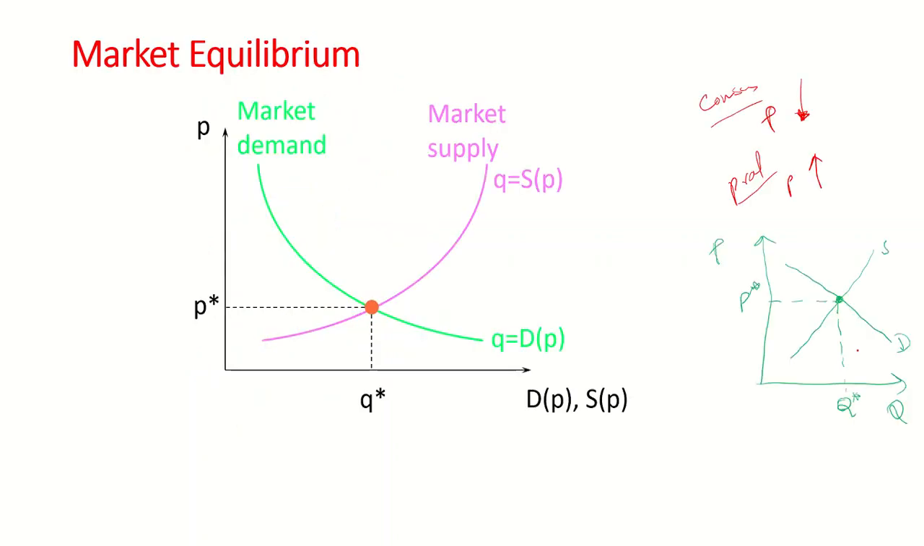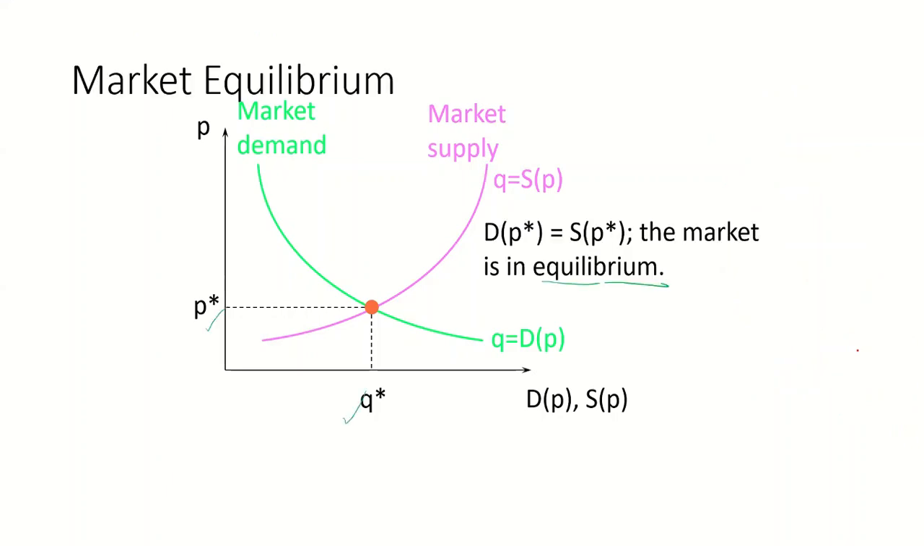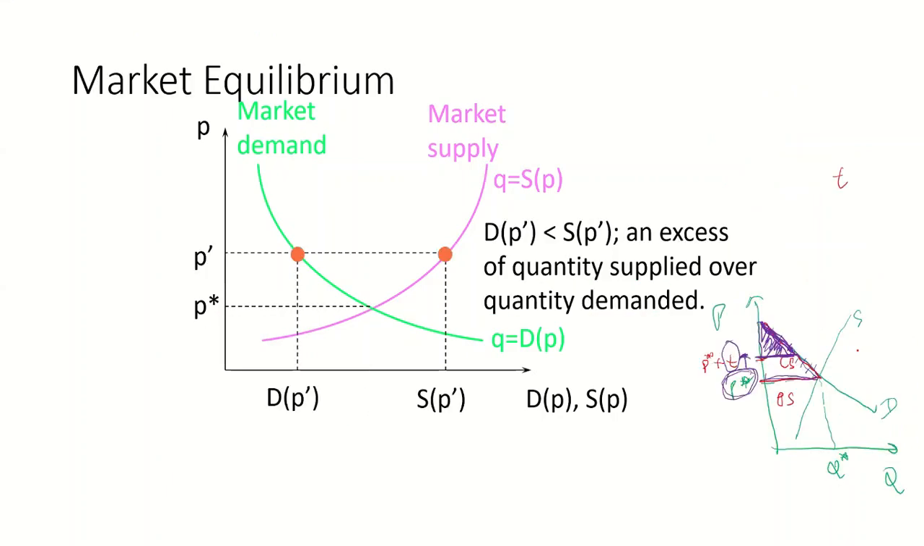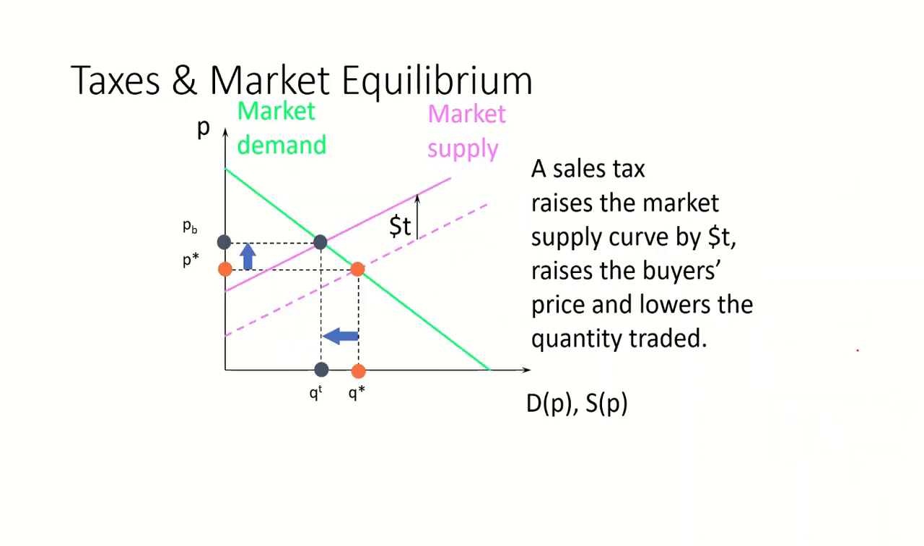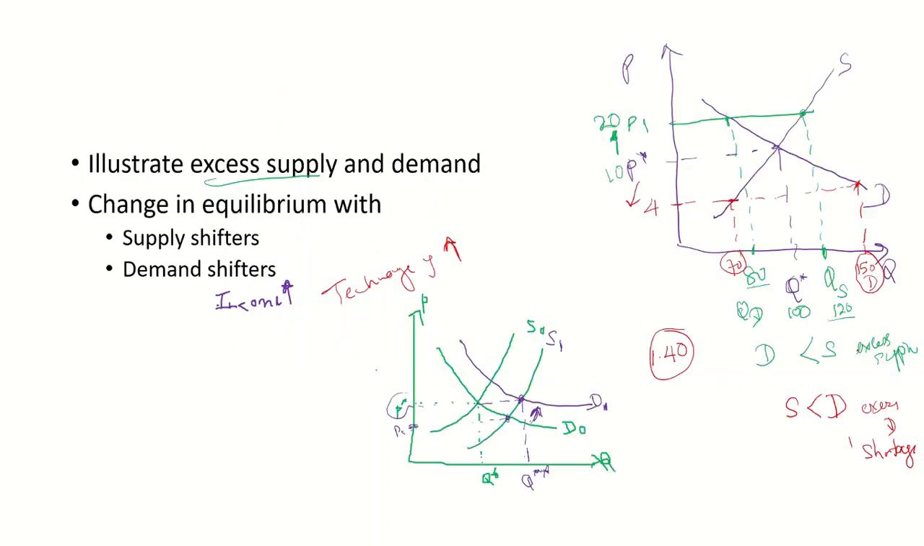Right, then the market equilibrium, price and quantity, right? We saw what could happen if prices increase. There will be excess supply. If prices decrease, there will be a shortage. And we looked at the tax, how a tax would affect the equilibrium price and